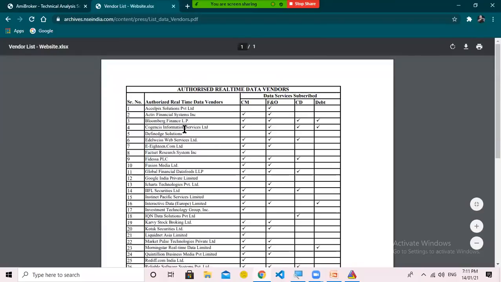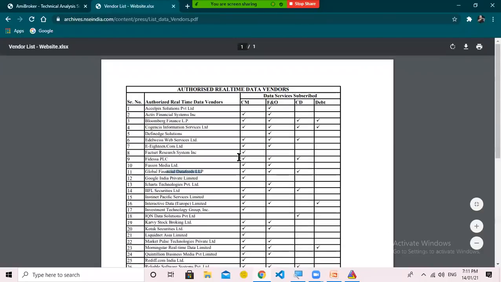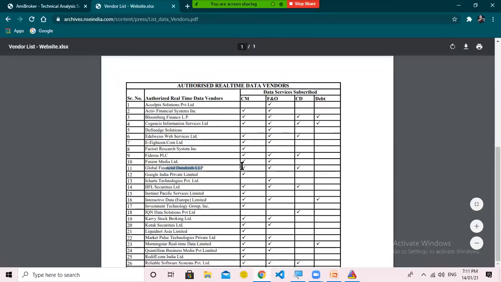So here's a list of NSE authorized data vendors like SLPix, Active Financial, Bloomberg, Edelweiss, Global Financial Data Feeds, and there are so many authorized data vendors.